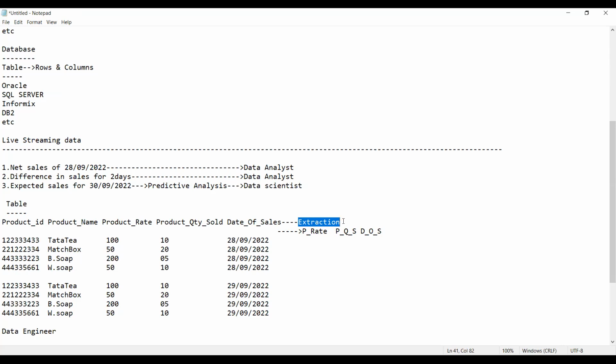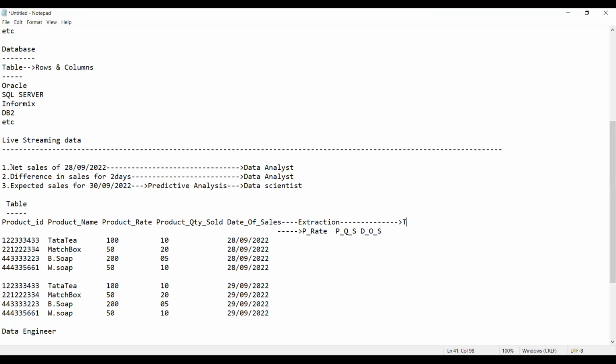All the columns is called as the process of what, guys? Extraction. So now once the extraction is done, now the process of transformation is required. Now, guys, what is a transformation I require? Tell me now. Transformation means what? Actually, this is the process where we summarize the data or we change the data according to the requirement.